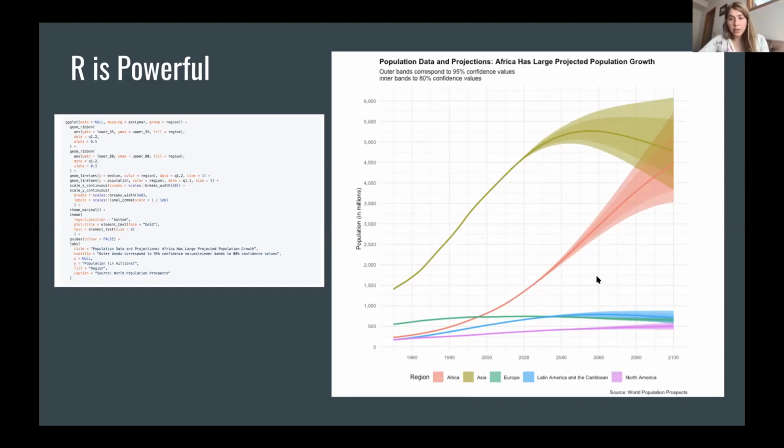And this is literally the code that I used to do it. It might look a little intimidating, but it's really not. It's not like 15 pages of code, right? It's just a code block that fits into this space, and it can create a graph like this.